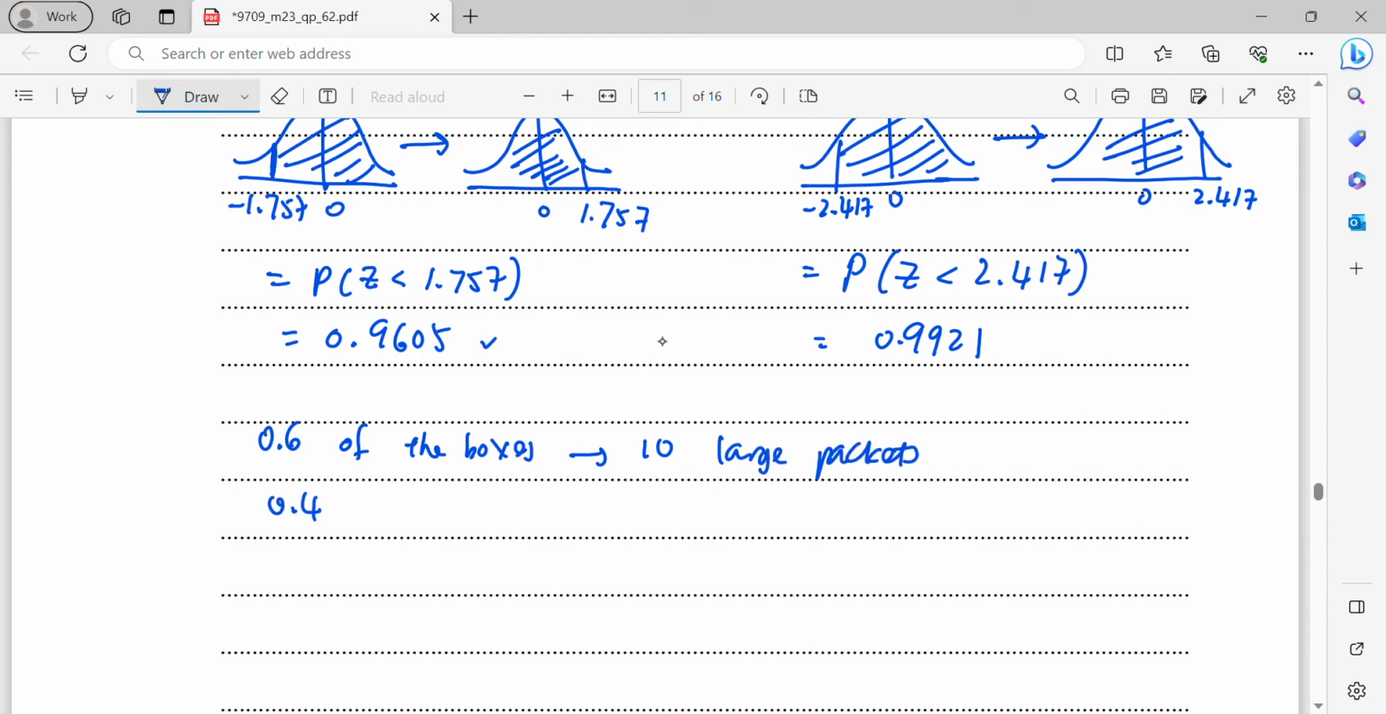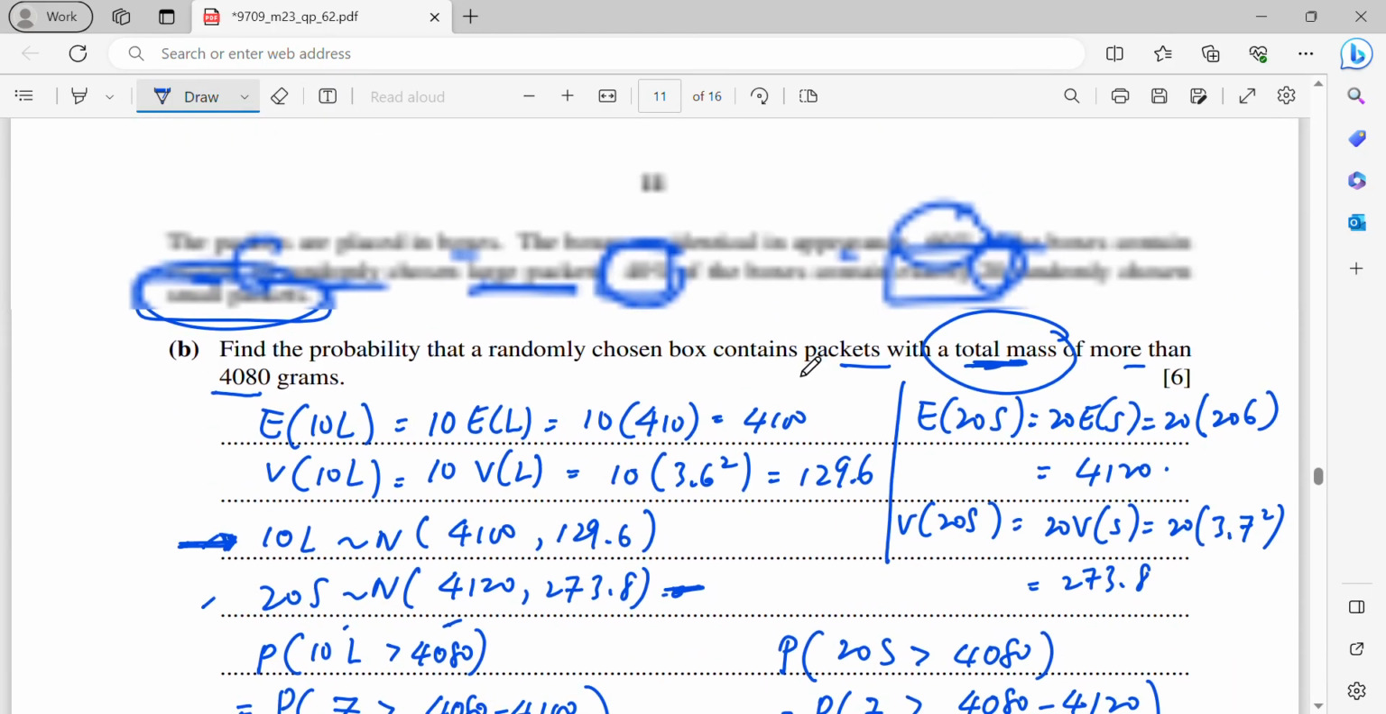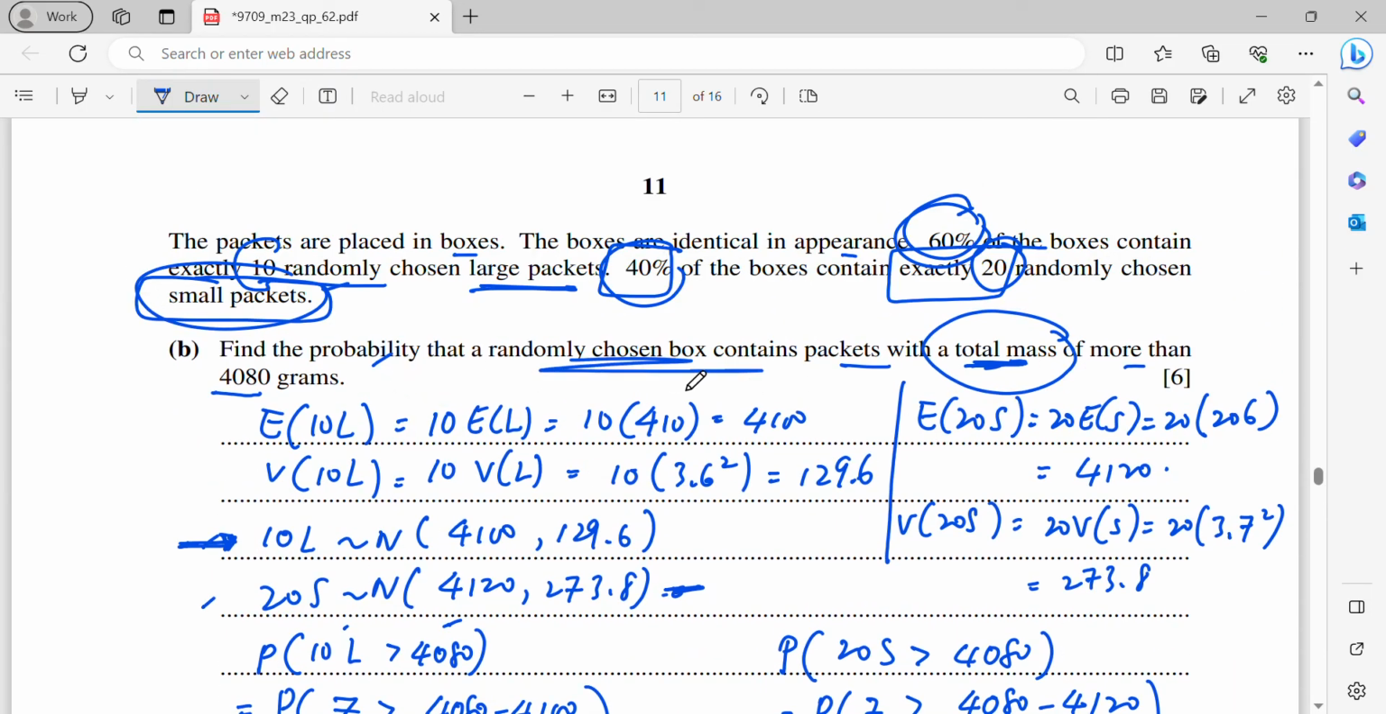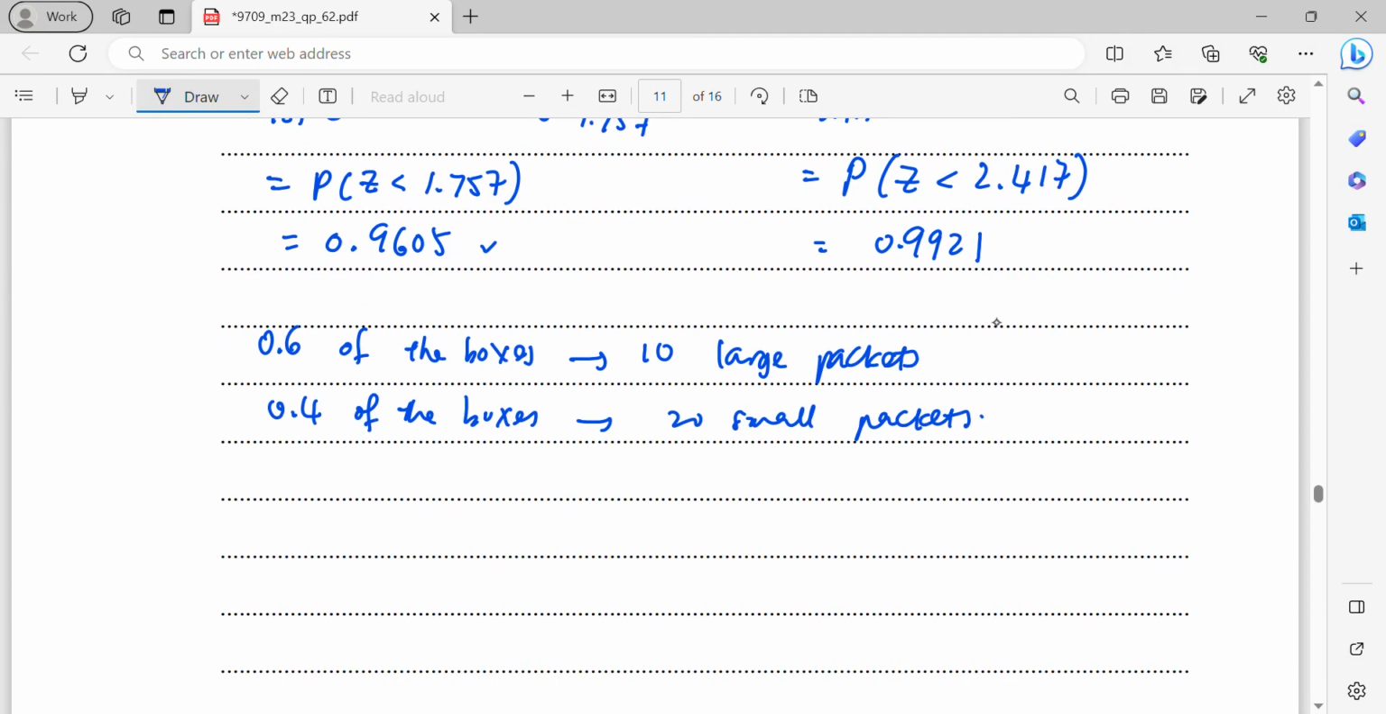Okay, and then 0.4 of the boxes will be 20 small packets. We'll have 20 small packets. All right, so now the question is asking for what is the probability that a randomly chosen box. So therefore, I have to consider these two cases. So now my probability is going to be